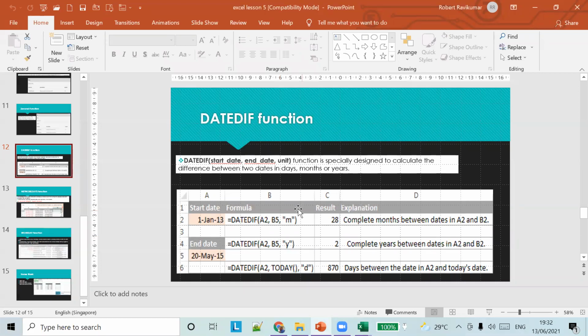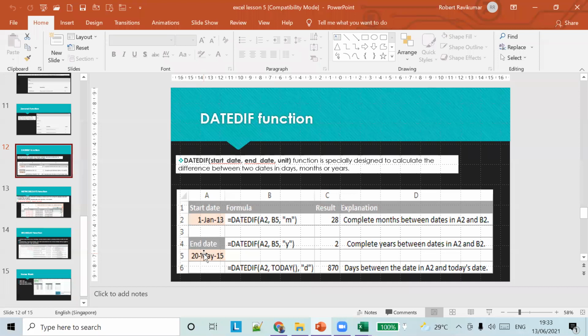DATEDIF, you have to give the start date, end date, and unit. The function is specifically designed to calculate the difference between 2 dates in days, months, or years. Okay, so if you pass M, Y, and D, it will give you the difference in months, years, or days. Okay, so let's try A2 and B5.